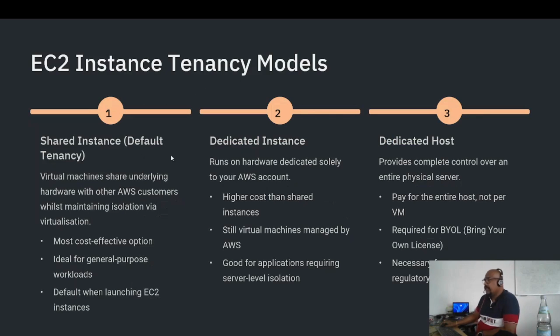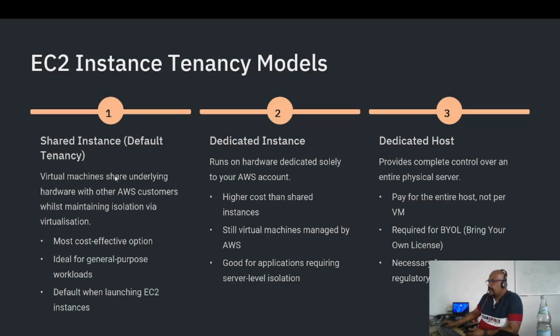We have three: shared instance, dedicated instance, and dedicated host. First, let us discuss what is meant by shared instance. Whenever we are launching an instance on AWS with the EC2 service, by default it is a shared instance. A shared instance means the virtual machines will be shared among the